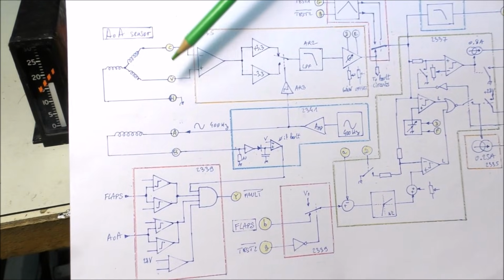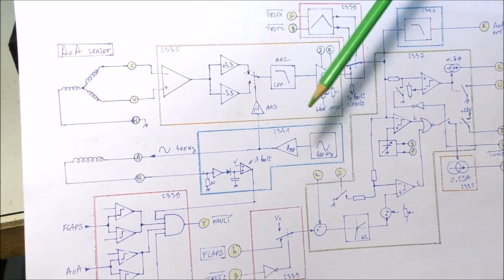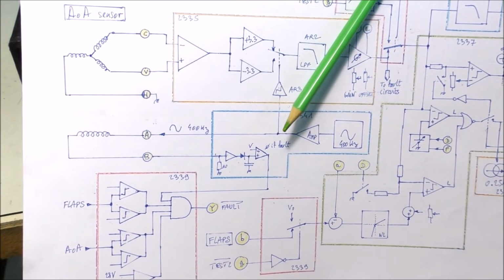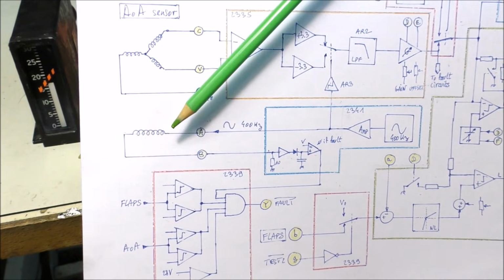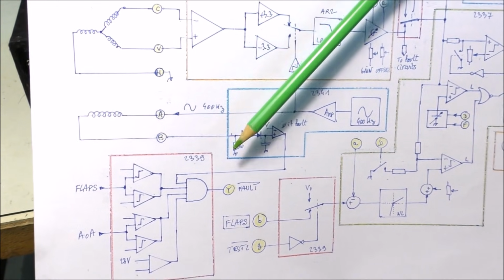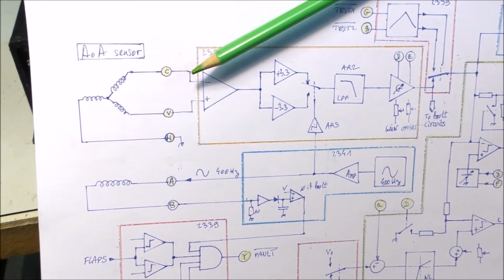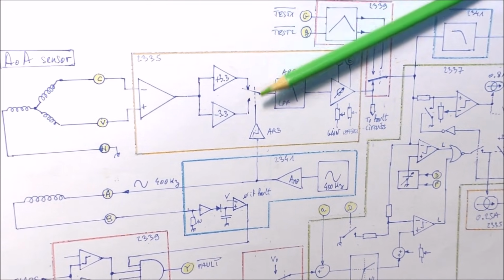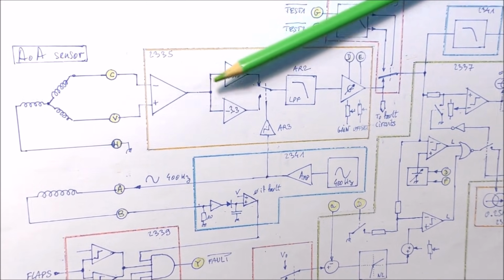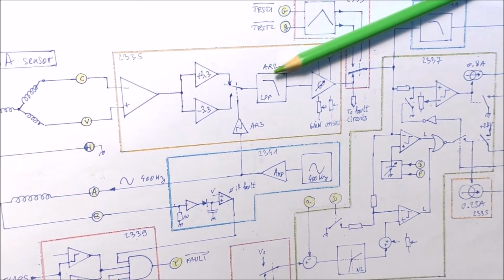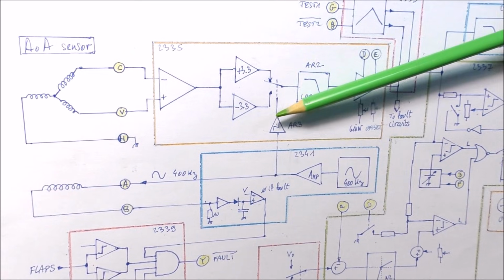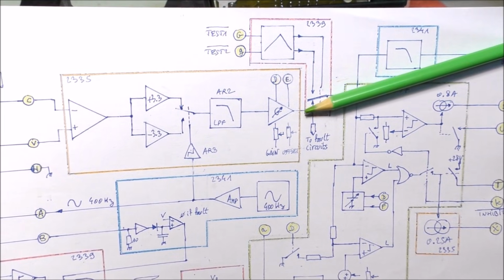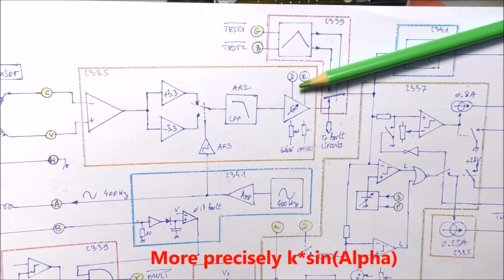The angle of attack sensor is here. We have seen on the first board, which is this one, the 400 Hz sine generator here, which permits to drive the rotor of the synchro here, and we can see here the current detection. The stator of the synchro is fed to this differential amplifier, and there is a synchronous detection which permits to convert the AC voltage into a DC voltage after low pass filter. There is a comparator which permits to have a square wave at the same frequency, and at the output here we have an image of the angle of attack, and we can select different gains.